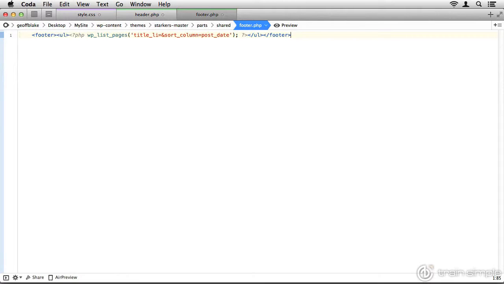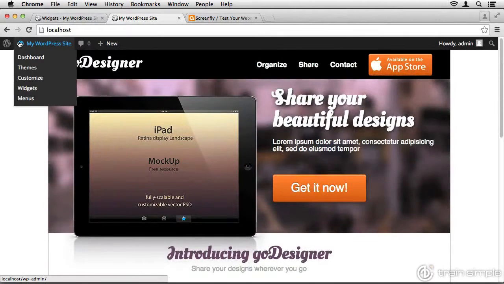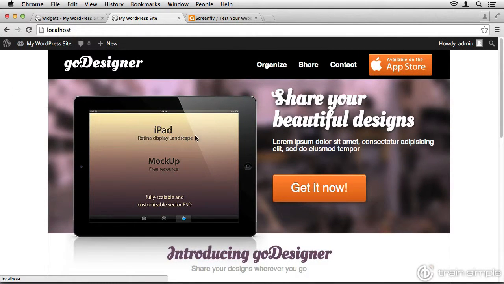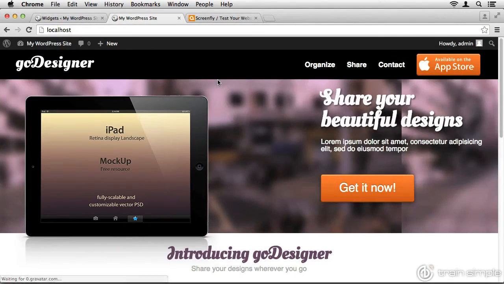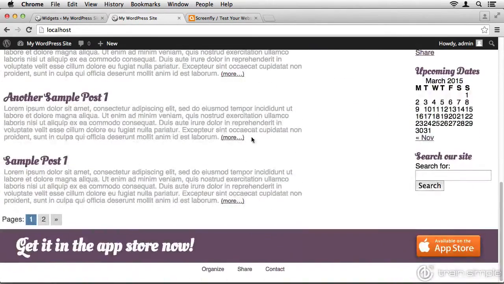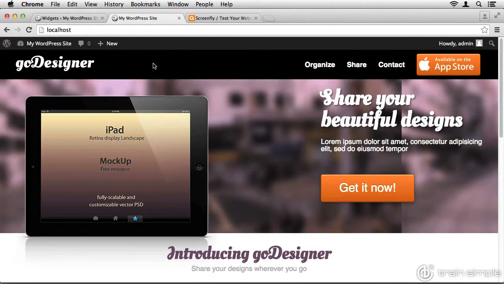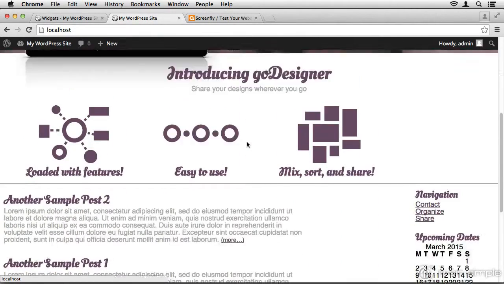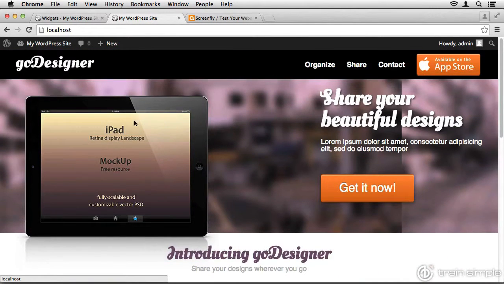Now, as a point of interest, you can head back to your browser. I'm not inside ScreenFly right now, just inside the regular browser for the time being. Go ahead and refresh your work, and we wind up with something like this. The entire layout now expands to fill the entire width of the browser window. The master container is no longer there, so there's nothing to contain the layout. The layout is spilling across the entire available browser window width.